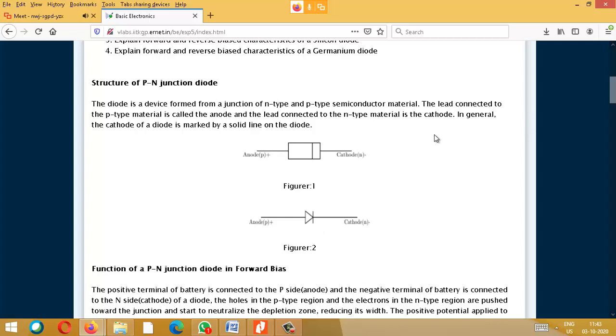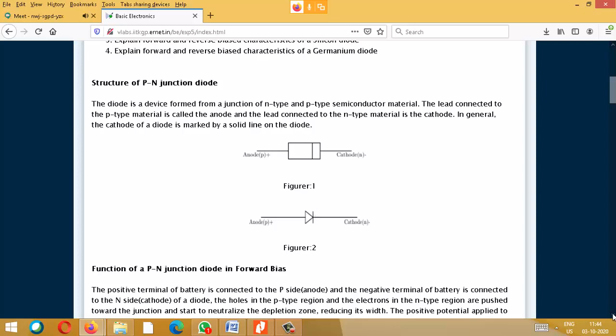Based on this, you will go for forward bias and reverse bias. When you say forward bias, you have to connect positive to positive and negative to negative. So electrons will flow from higher potential to lower potential. Even though you call it positive, electron is going to flow. From the positive terminal of your battery or supply, electrons will start to flow and reach your cathode. That is forward bias. In reverse bias, you connect negative to anode and positive to cathode. But now, even though you connect positive to cathode, electron from there cannot flow because this gate will obstruct. So there is no flow of electron.